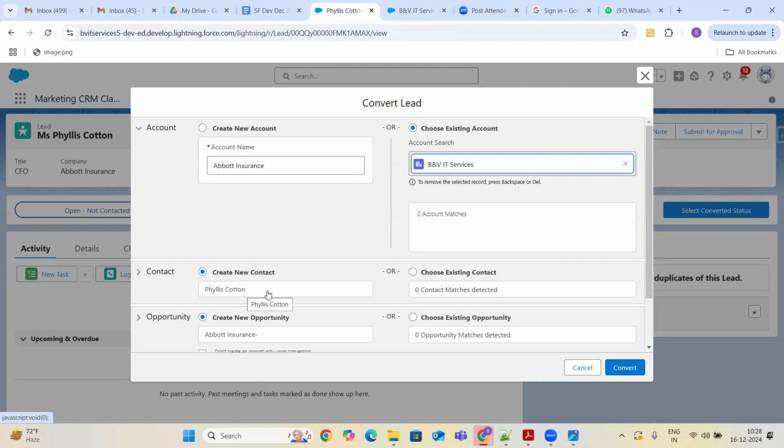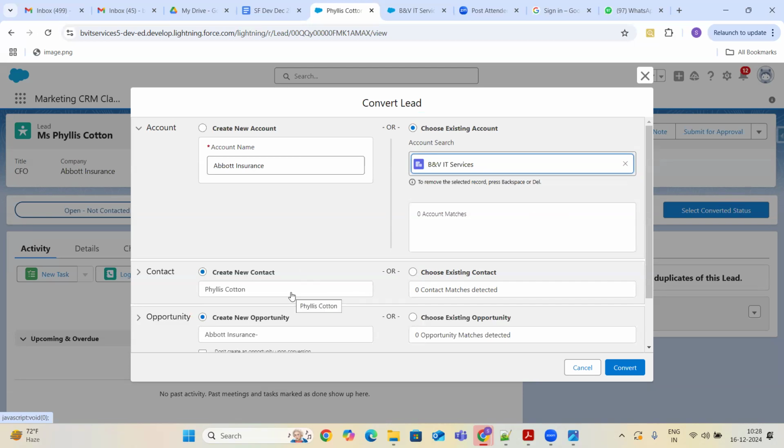And then the second thing is, would you like to create a new contact for this lead, or would you like to choose an existing contact? Basically, if we already have a contact who previously purchased some other product from us, then we will choose the existing contact.